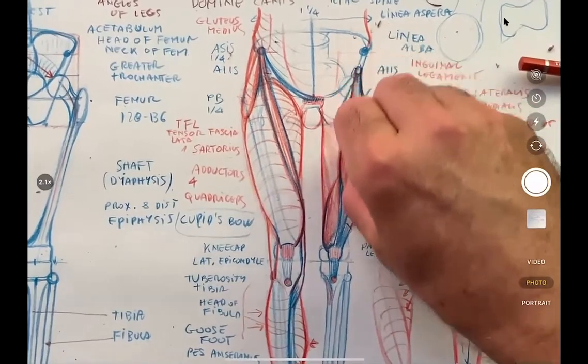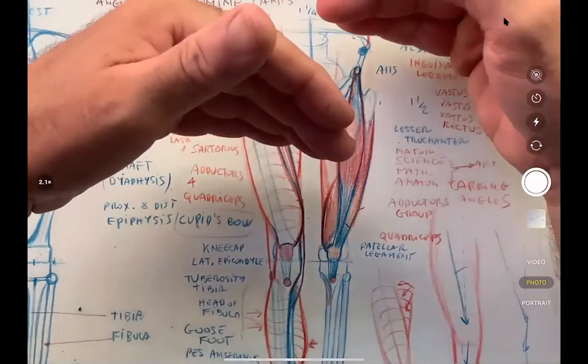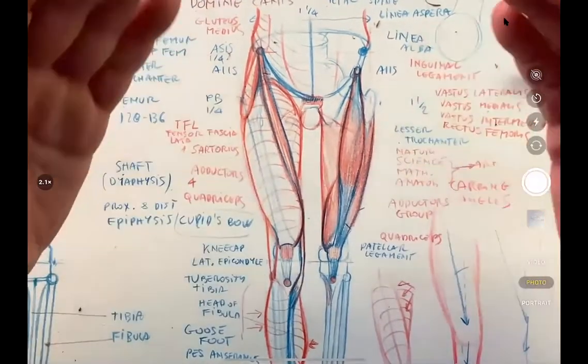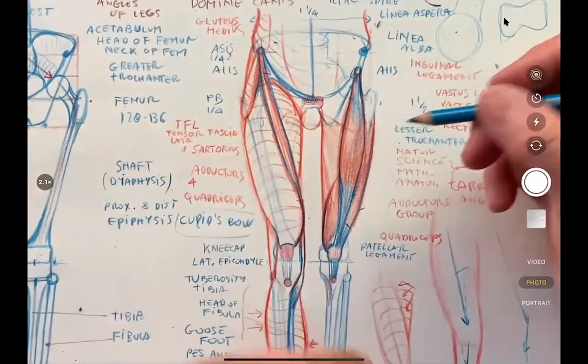So now, the peak of the form of the quadricep is going to be up here, because this muscle starts higher than the other muscle and is on top of the other muscle. We're going to see that when we look at the side view of this, right? So now this is the adductor, right? And now I want to block in